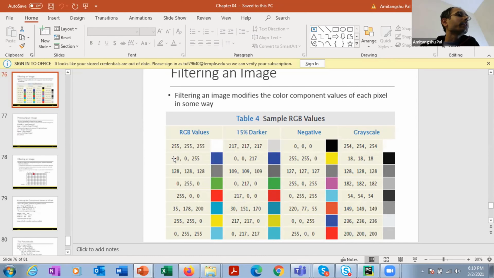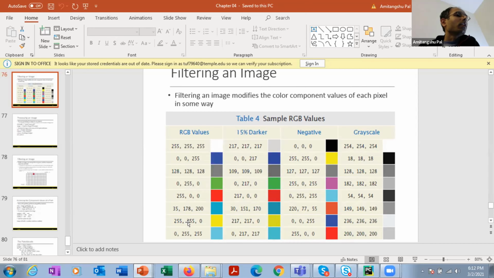That means no intensity for red, no intensity for green, and highest intensity for blue. That's how we are getting blue. In this example, no intensity level for red, no intensity level for blue, highest intensity level for green, that's why we are getting green. Here red intensity is at its highest level, no green and blue intensity, so we are getting red.